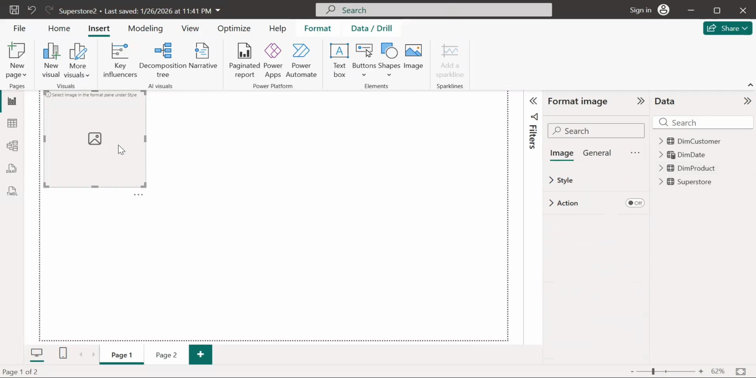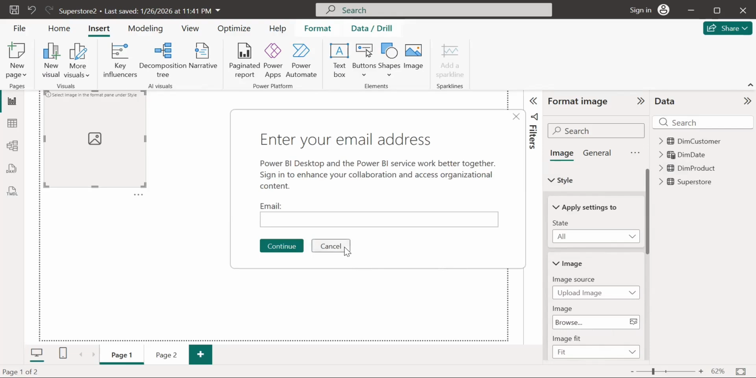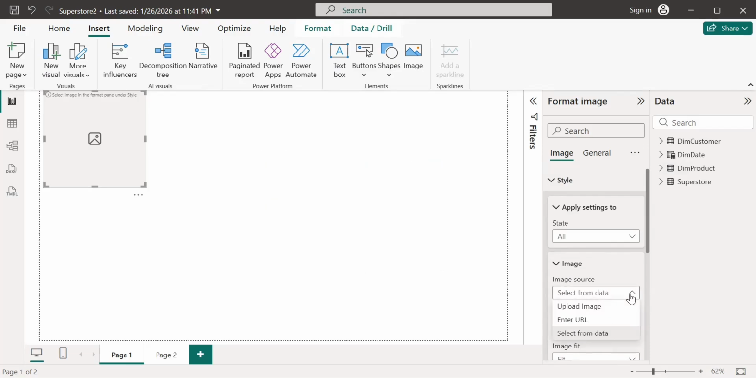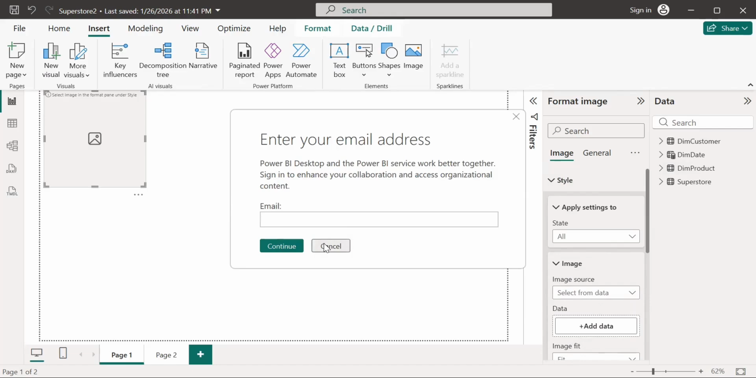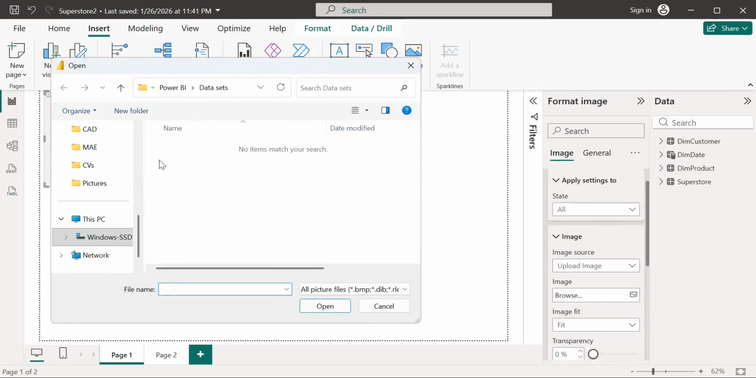So we click on the image placeholder, and then we come to the format image here, and we click on style, and then we click on image again, and then we take upload image. This is where we're going to upload the image. You can enter the URL, or we can select from data, upload. We want to upload an image, so you click on upload image, and then you click browse. Once that is done, your computer opens, and then we will go to,